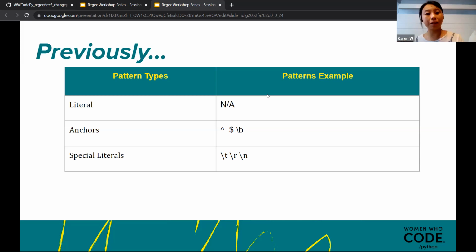Any type of alphabet or words, and then the slash D, which is digits, so it represents 0 to 9, like all these sorts of things. It's very, very helpful. You don't have to type everything, but in a lot of cases, you will see people representing it in another way.